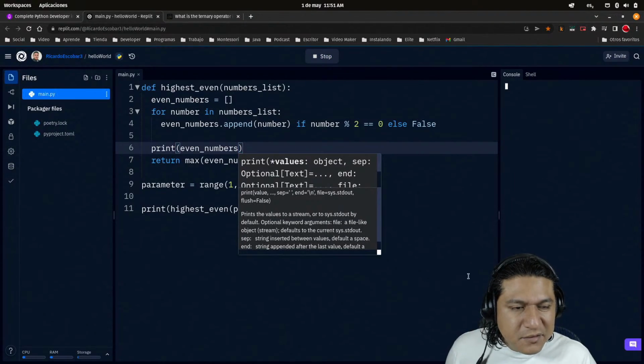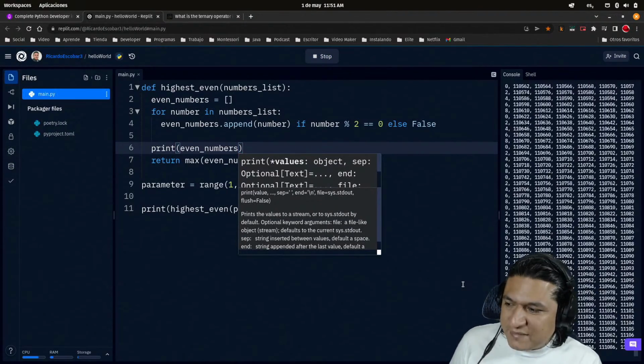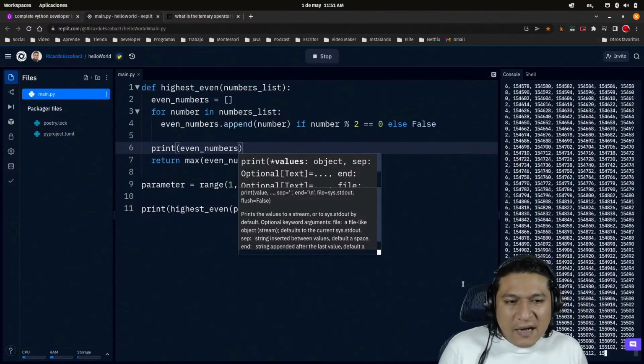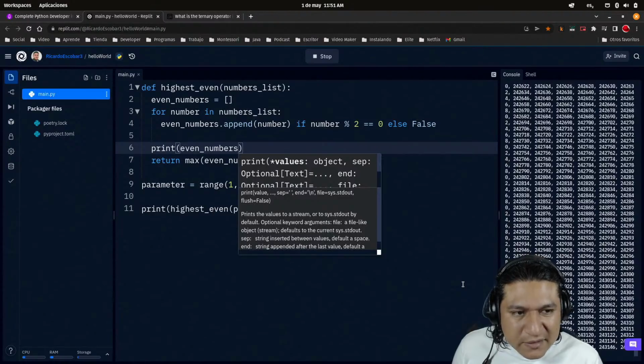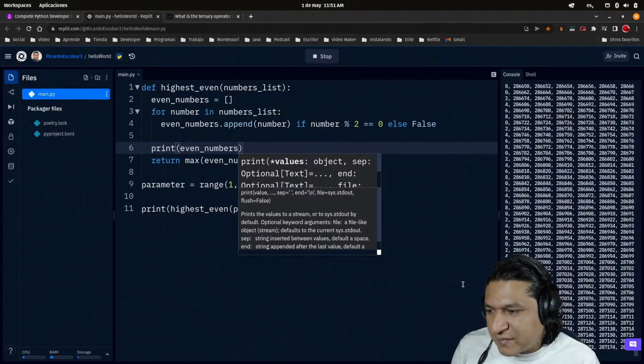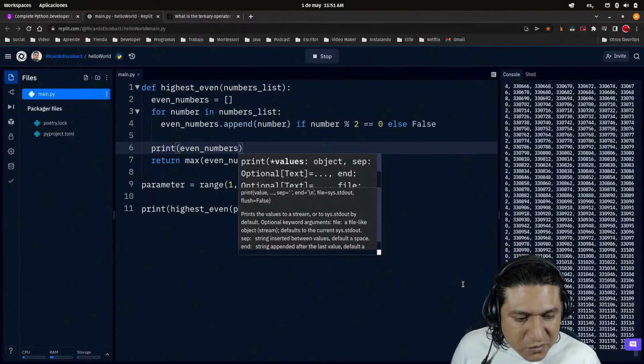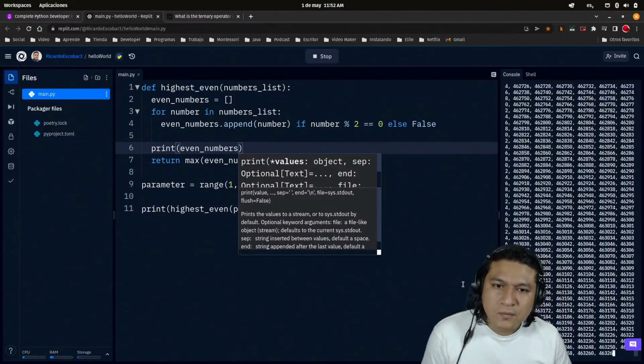I can certainly do this, but this is the issue. I am storing 1 million values inside memory. It's not okay. The only thing I need to do is to know which value is highest. So